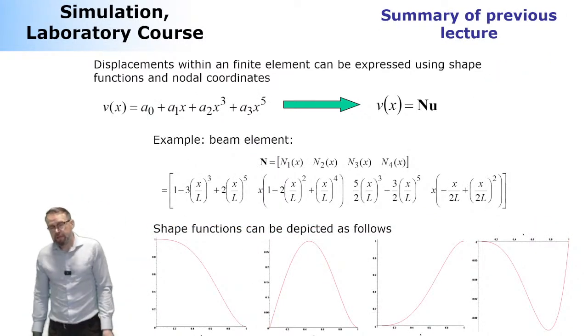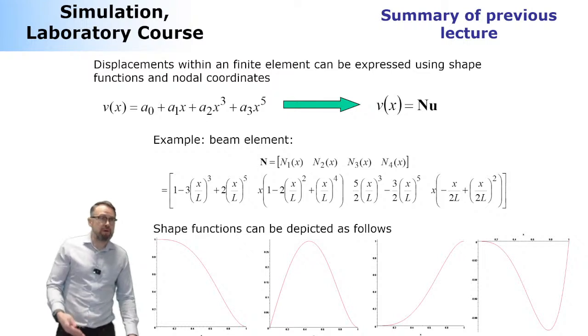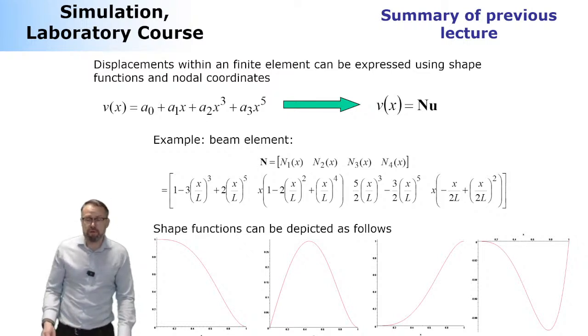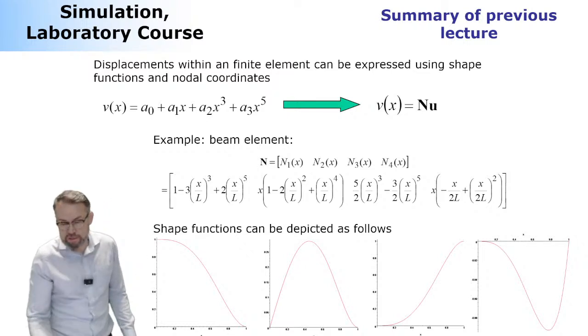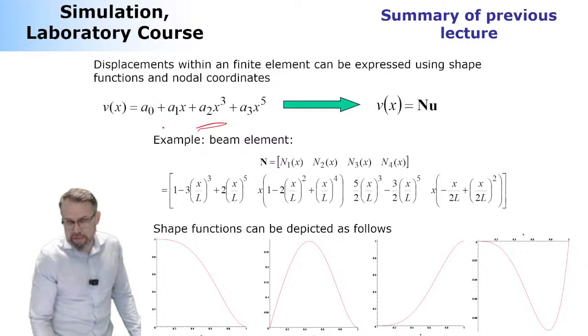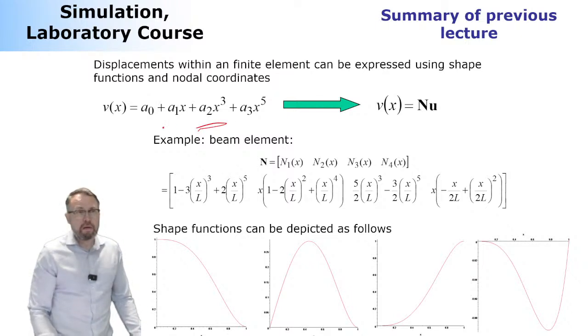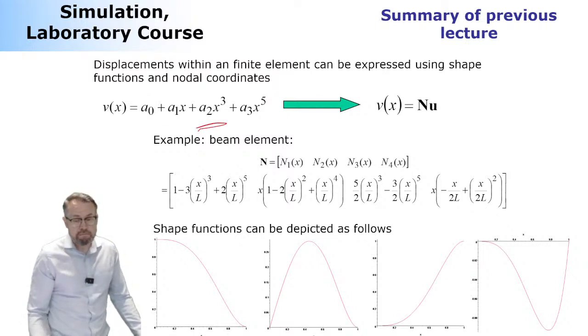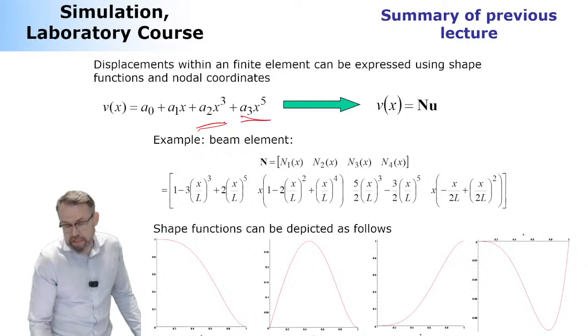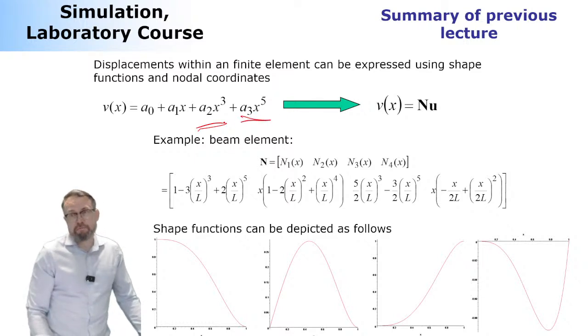Like I said, sometimes you can skip some of the polynomials and not select them in order. So now what I did was that instead of selecting here x power 2, I'm selecting x power 3. And here, instead of x power 3, I have x power 5. So this is a non-conforming element. So what's the consequence of that?